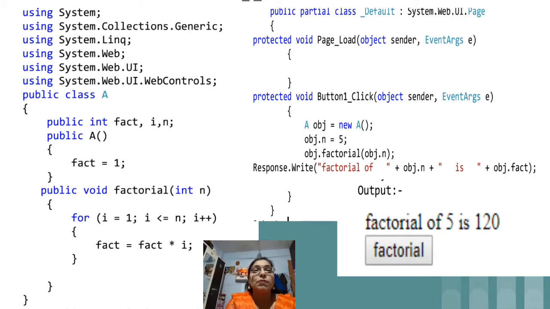So this is your practical number 2A, finding the factorial. This program we already did in C, C++, Python, and Java, so I hope you are familiar with this. The further programs which we are going to learn are new for you, but once you know the calculation part logic, it will be easy for you. So just move on to the next question.